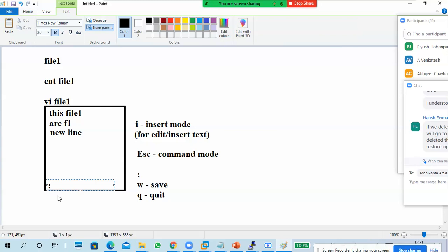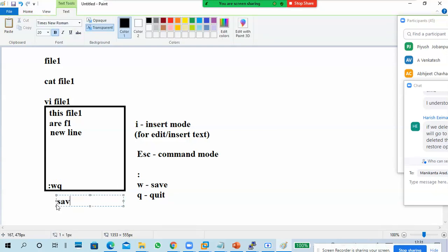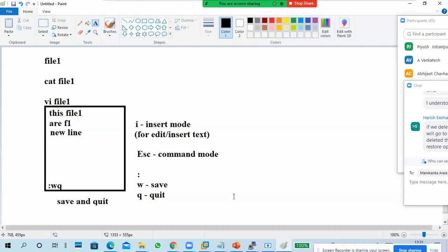Press W and Q, which means save and quit. So this is the basics of the vi editor, the first part of the vi editor.